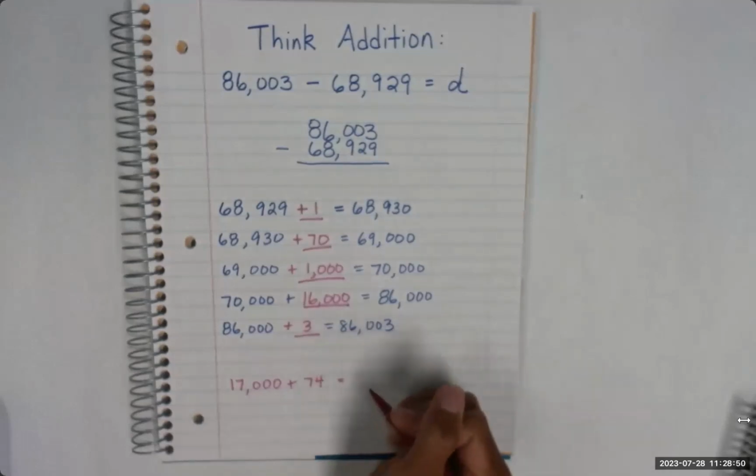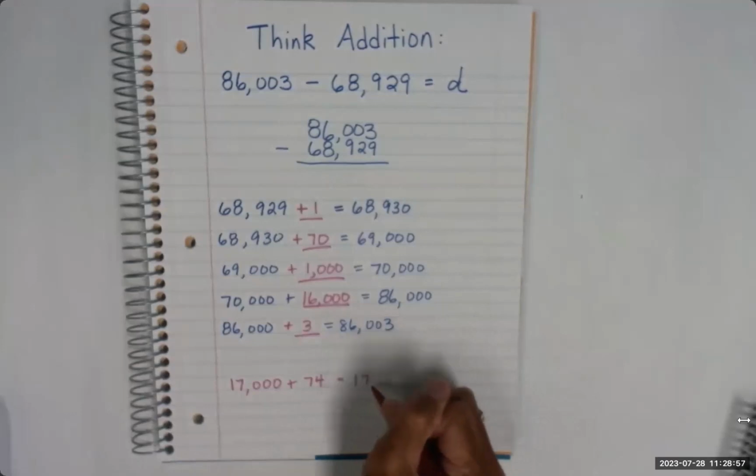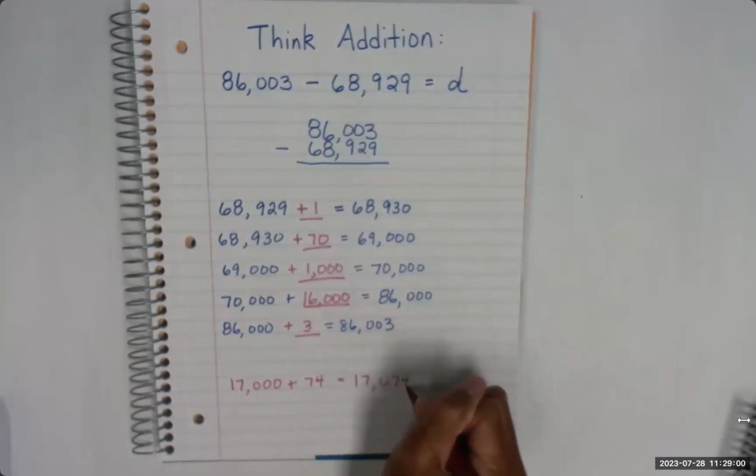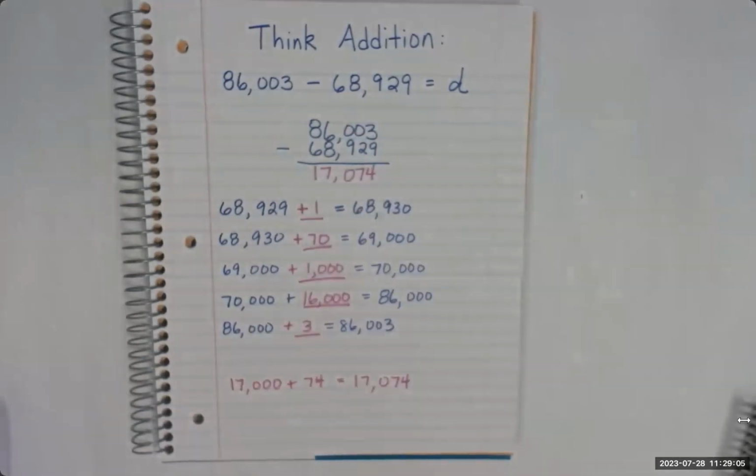And our solution, or our difference of 86,003 subtract 68,929, would be 17,074. So students who are efficient with counting on using place value strategies will sometimes choose a think addition strategy rather than subtracting with regrouping. To access more samples of addition and subtraction strategies, please see the Analyzing the Standards